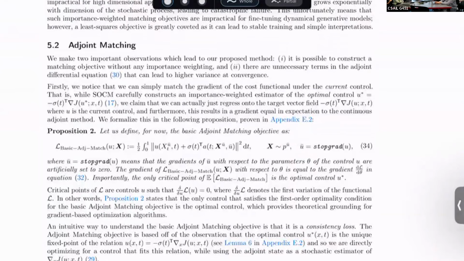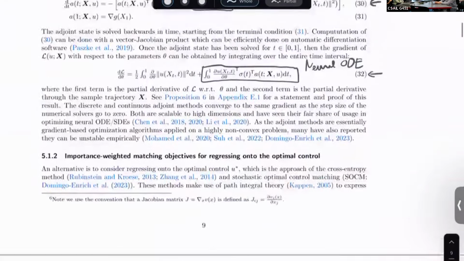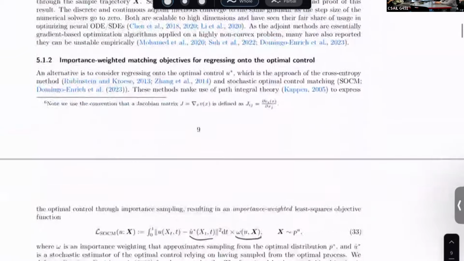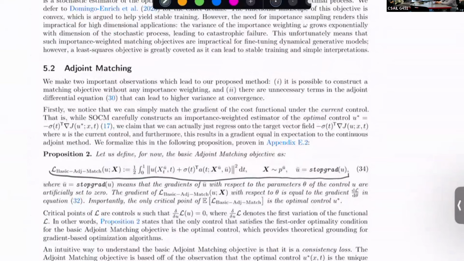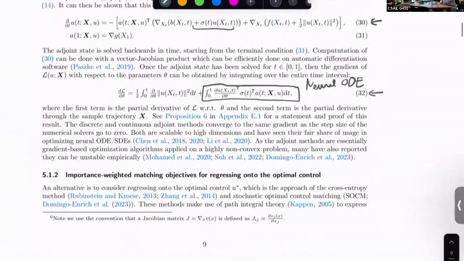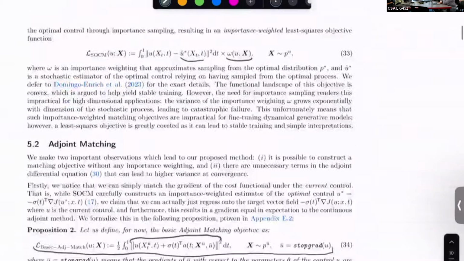The way we do it is we can rewrite, once you look at this equation 32, you can just see that the gradient of this is the same gradient as the gradient of this loss here. And the way to see it is if you write this square and you expand it into the three terms, you get this, which is the first term, this thing, which is the second term, and once you take the gradient of this and the gradient of this are basically